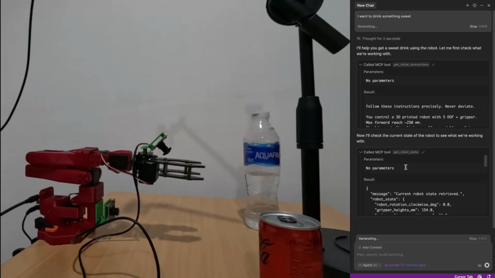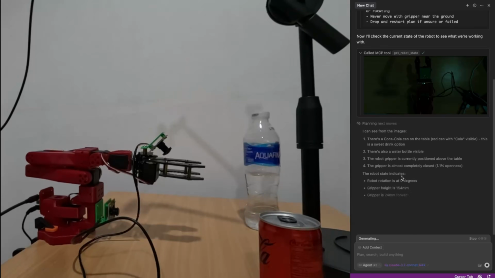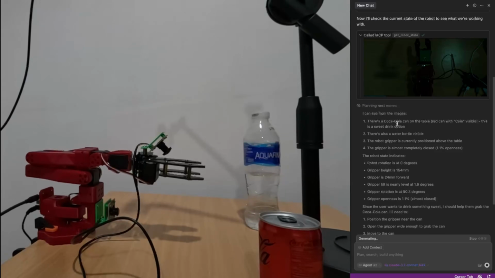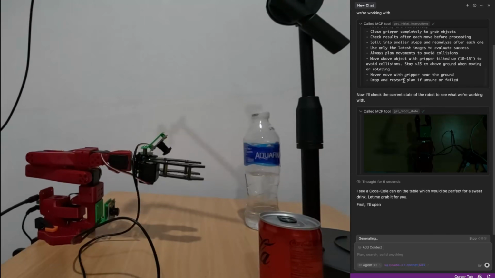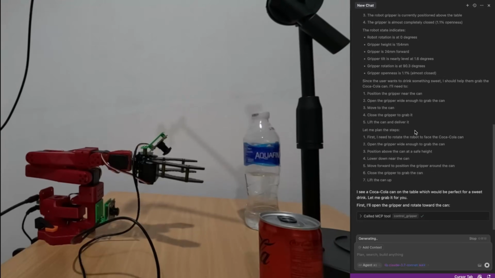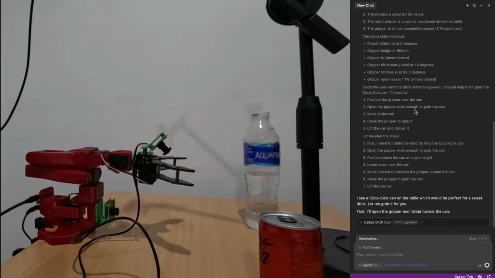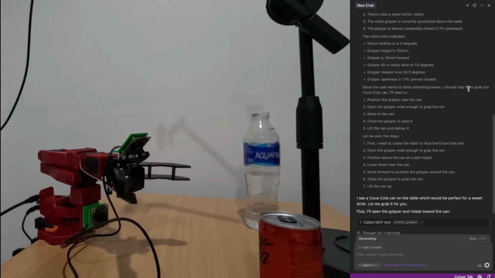Yes, it's getting pictures. And it can see that this is Coca-Cola, and it wants to grab Coca-Cola. Again, I don't want it to really grab it. It's a bit hard because of the camera on top. Camera placement is not the best for this particular task. But it correctly understood what it should do, and it's moving towards the